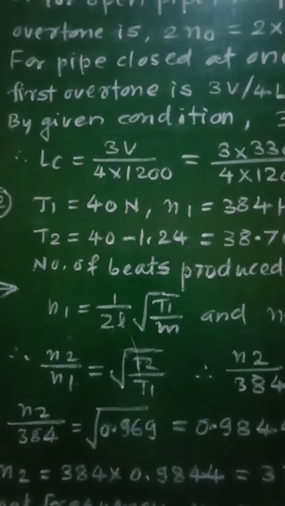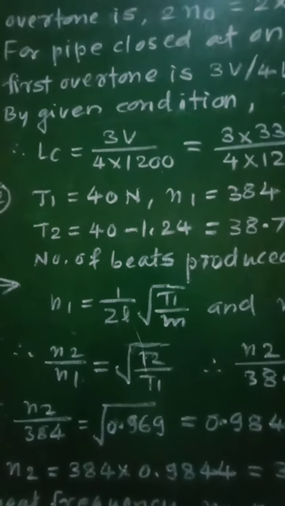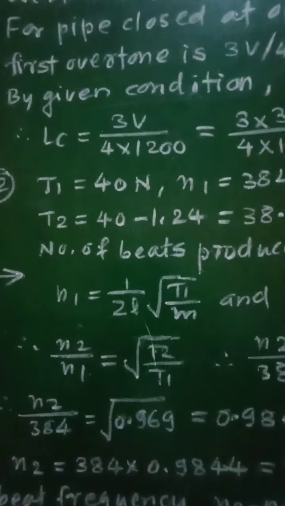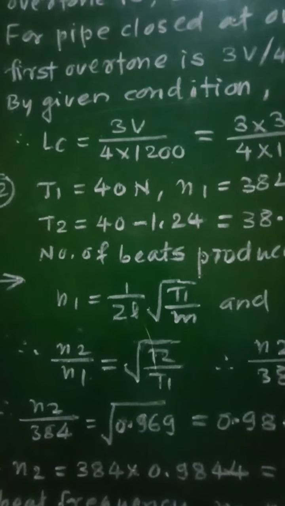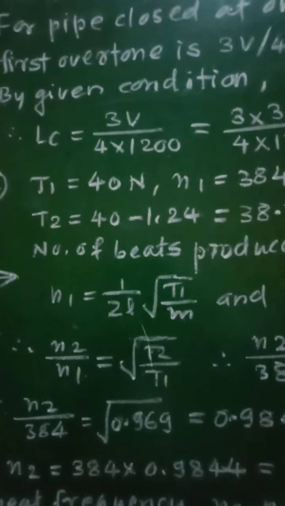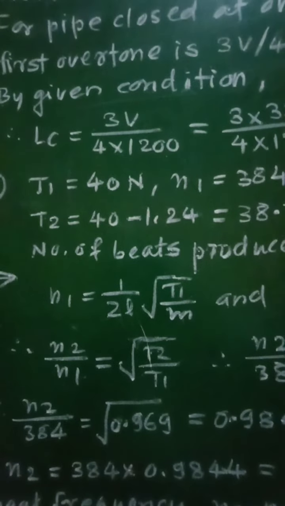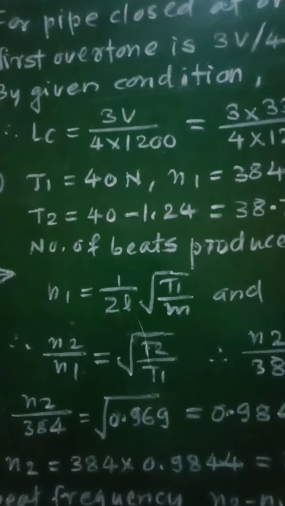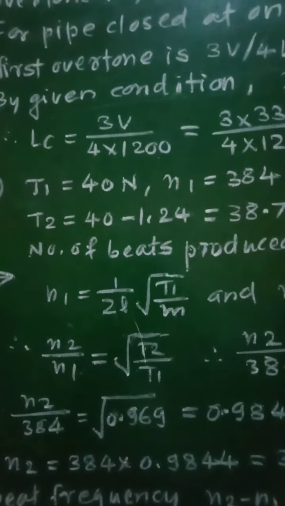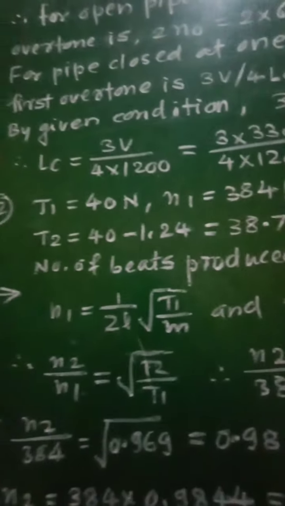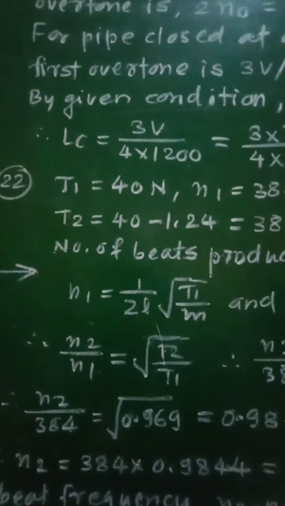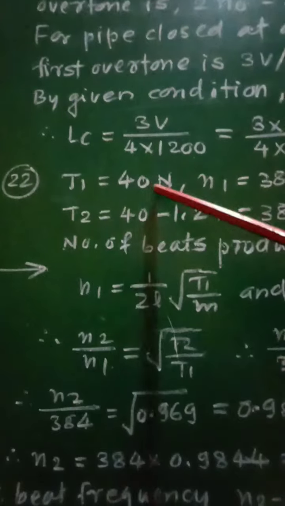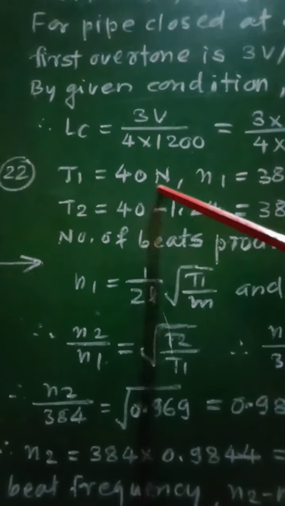Then it vibrates in unison with a tuning fork of frequency 384 Hz. Then how many beats get produced in 2 seconds if the tension in the wire is decreased by 1.24 Newton? And therefore for this numerical 22, given data is T1 equal to 40 Newton,